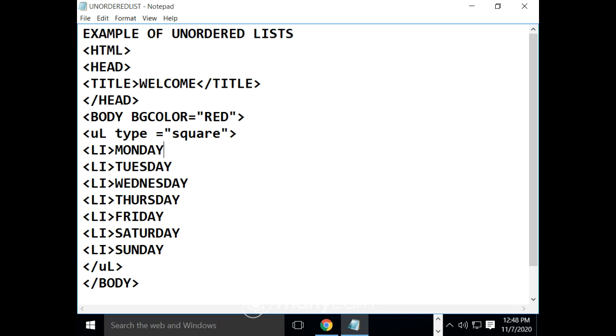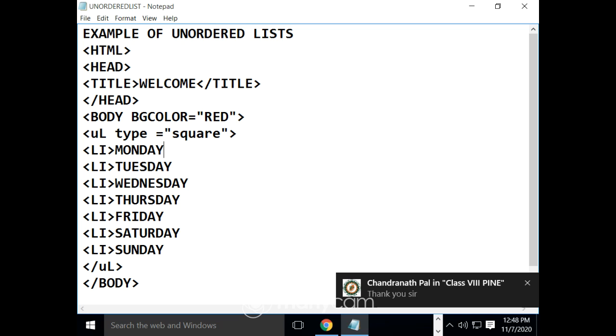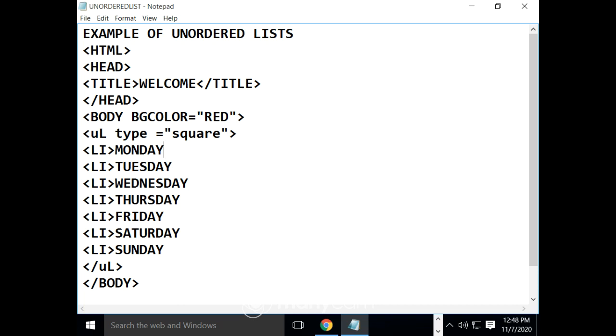In my next class I will discuss the definition list and how to create a table in HTML. Clear? In my next class I will discuss the definition list in detail and how to create a table in HTML in detail. Everyone, please write it down in your copy. These are given to you in your chat box. Kindly check it and write it down in your copy.